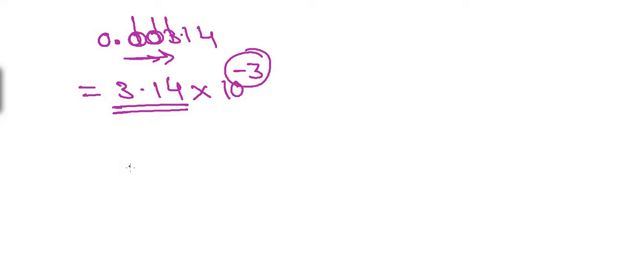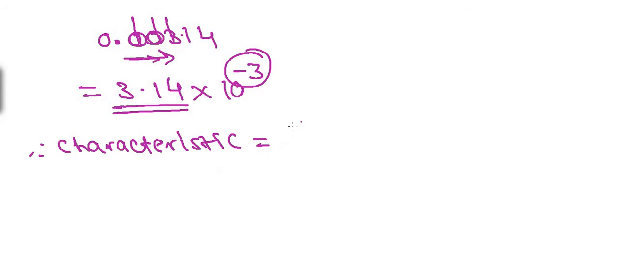Now when we write a negative characteristic, we do not write it as minus 3, but we write it as bar 3, that is, by placing an overhead bar. This is how we write a negative characteristic. It actually means negative 3, but it's a convention to represent it like bar 3.